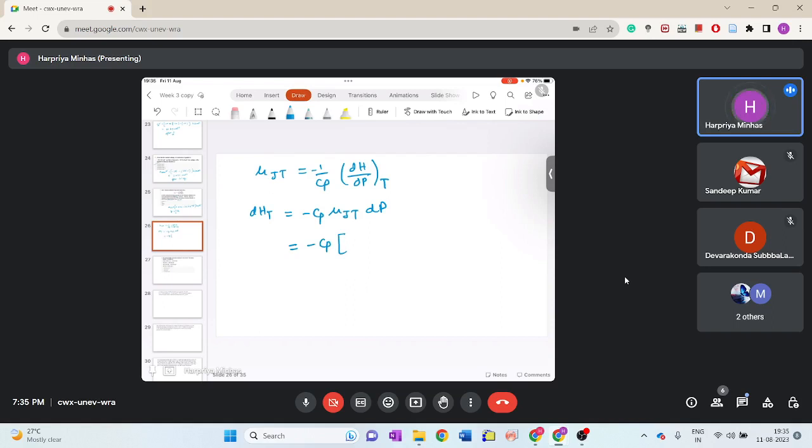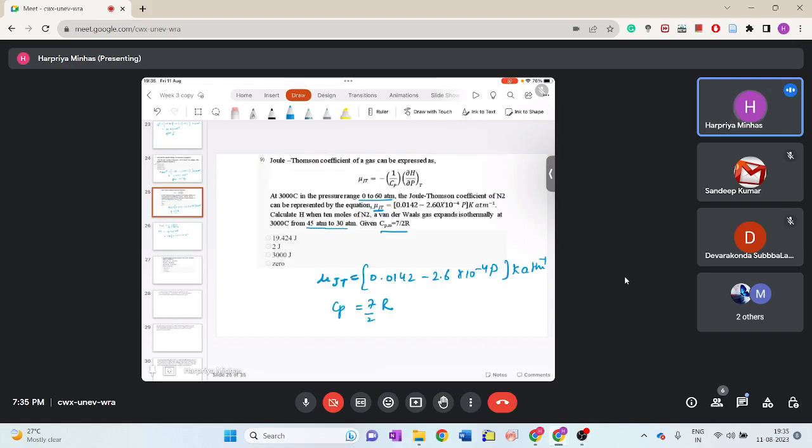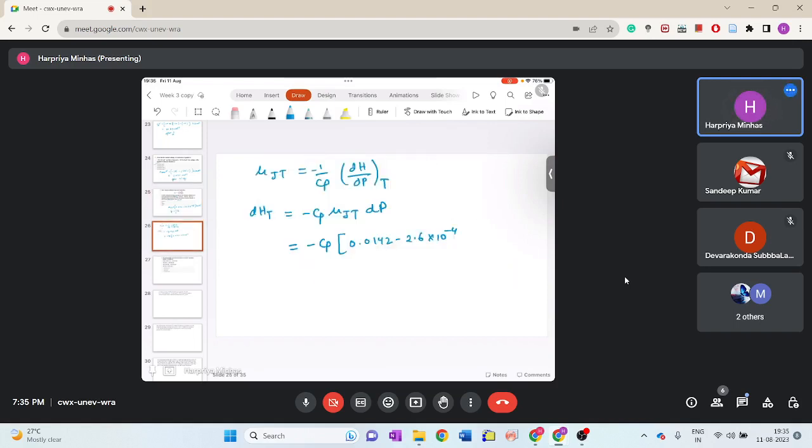Now putting this equation over here, that was 0.0142 minus 2.6 into 10 to the power minus 4, that is Pascal, into Gp. So now this is your differential equation. Now we have given the pressure range. So now what we are doing, now integrating this equation